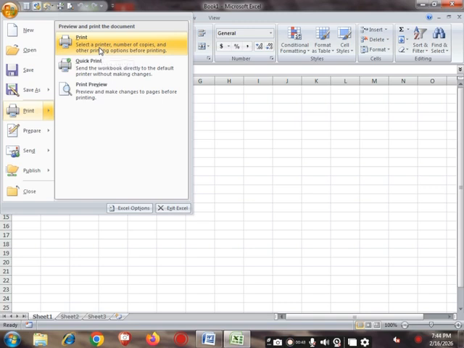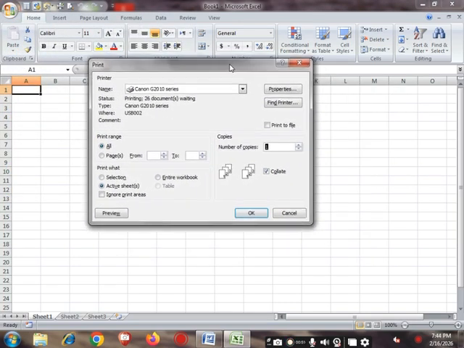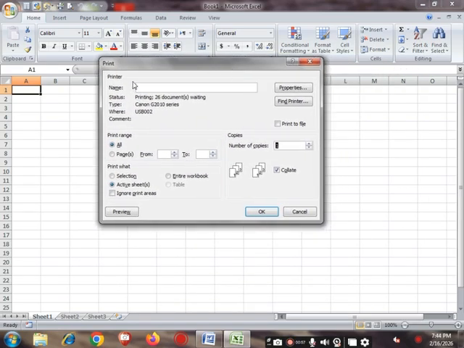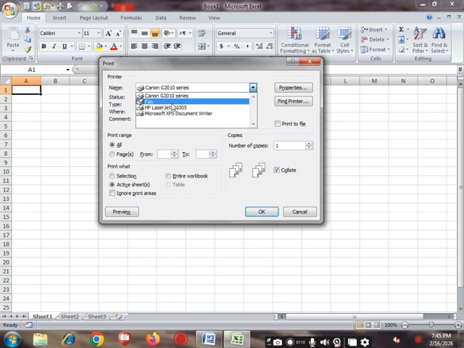When we click on it, this dialog box will open. We can move it anywhere. The dialog box name, Print, is highlighted on the top, and this is the printer area that gives us information about our printer. This is the name that shows the name of our printer. It shows how many printers are connected with our computer. If one, it shows one. If many, it shows many, like Canon, Fax, HP Laser and Microsoft XPS Document Writer. I have attached these printers with my computer, so we can select any one of them. Now I select this Canon. Simply click on it and it will be selected.